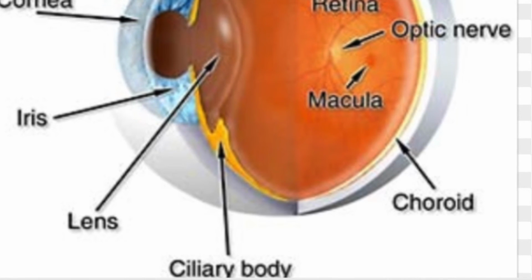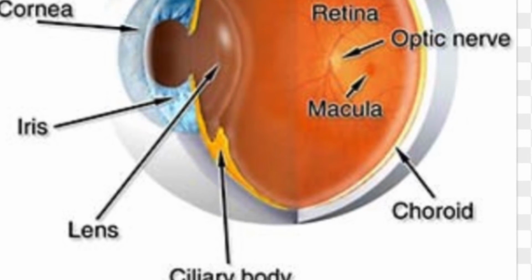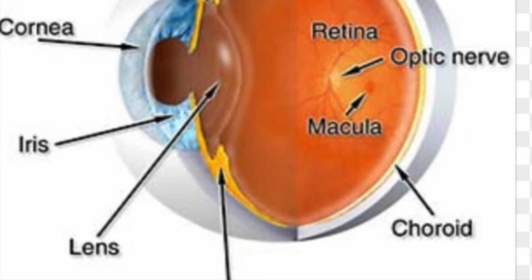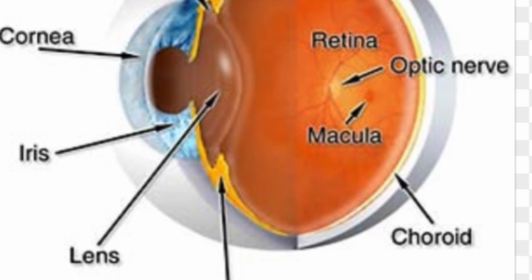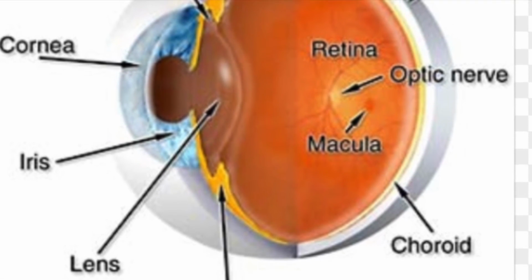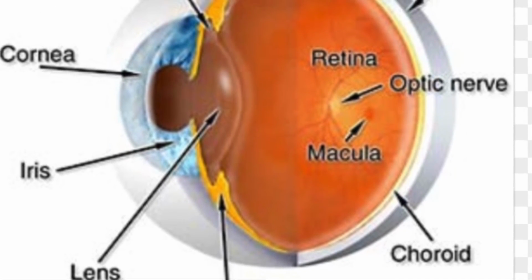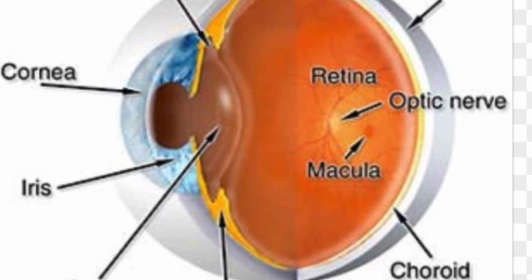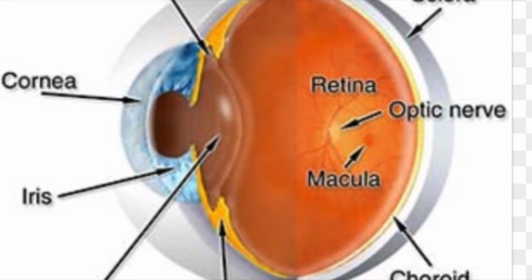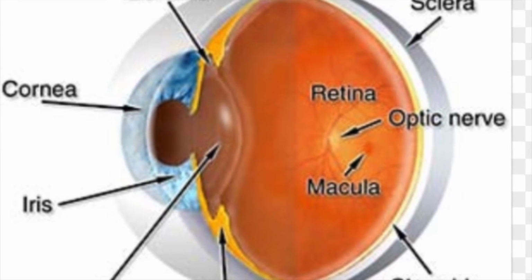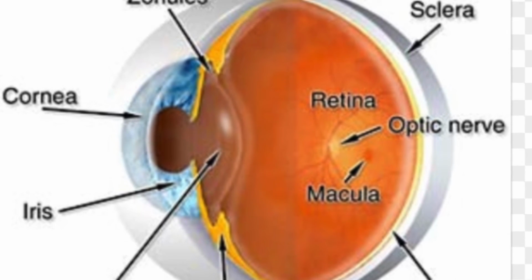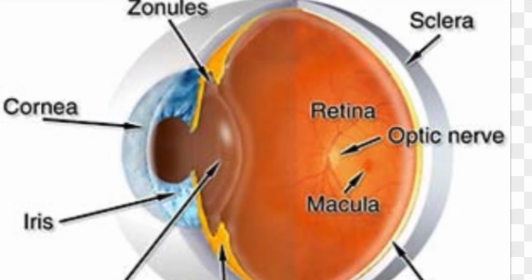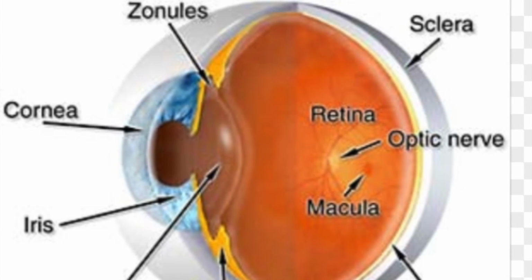Our body has sensory receptor cells, and these respond to stimuli in the external or internal environment of an organism. For our eye, we have rods and cones in our retina. The rods are retinal receptors that distinguish between black, white, and gray. The cones are receptor cells located near the center of the retina that detect details and generate color sensations. The rods are also more sensitive to light, and the cones specialize in detecting color and visual acuity.